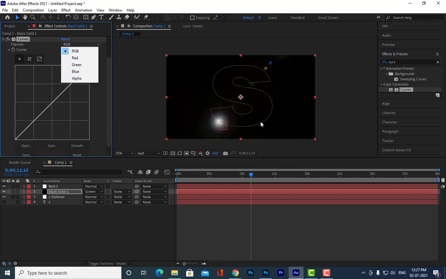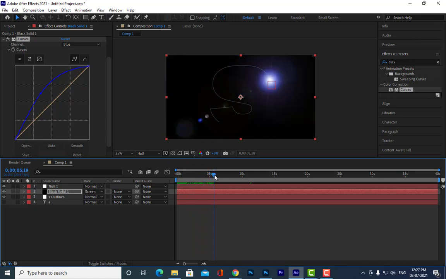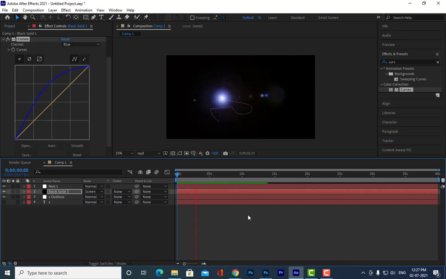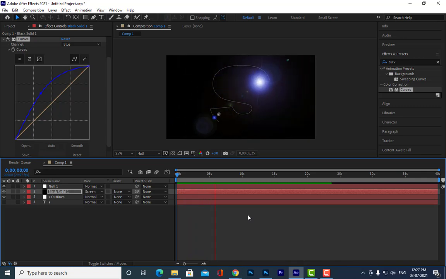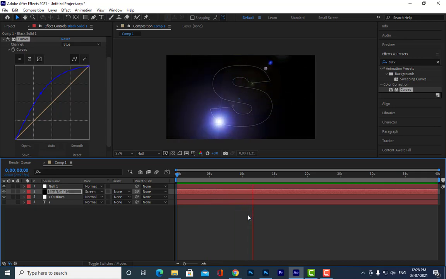I don't want the same white color, so you can select blue and make it bluish in color. Can you see there? If you want yellowish, you can give it a yellowish color. So by using the curves, you can give a different color to this. Is it clear, all of you?